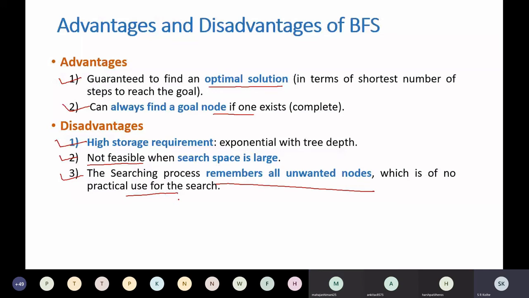Okay, so what we will do now, both algorithms have advantages and disadvantages. So we will combine both these algorithms together. And if we do that, that gives you another algorithm called iterative deepening depth first search.